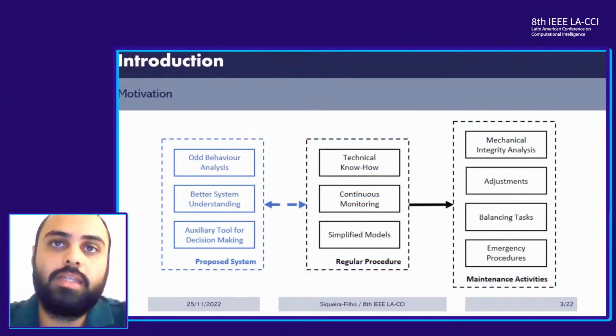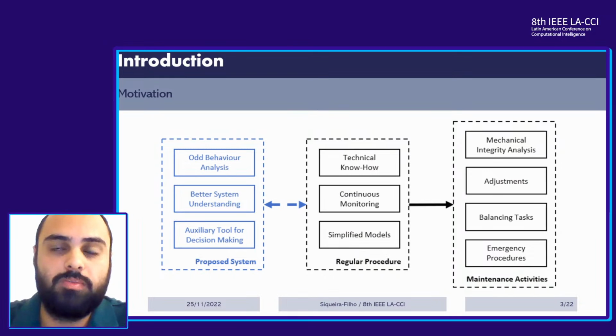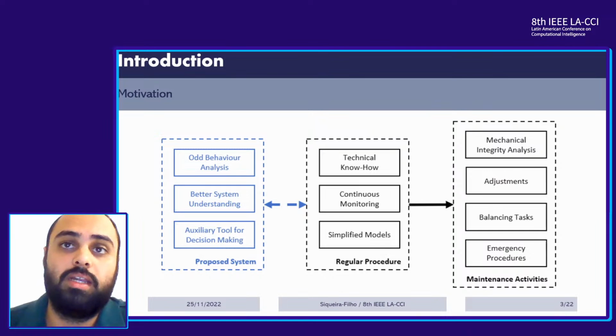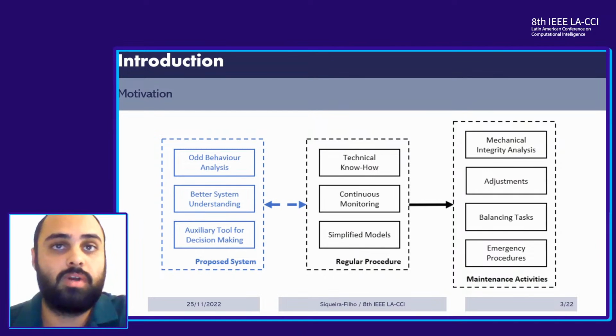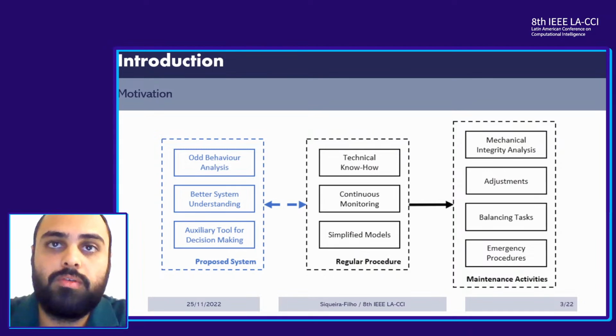So one way to guarantee that the system is always available for this type of situation is through engine maintenance planning. This maintenance planning is currently carried out based on the technical know-how of the team, simplified analytical models that seek to describe mathematically the behavior of the engine, and also through continuous monitoring of the engine for real-time emergencies. So based on historical data and through the continuous monitoring system that already exists in many power plants,